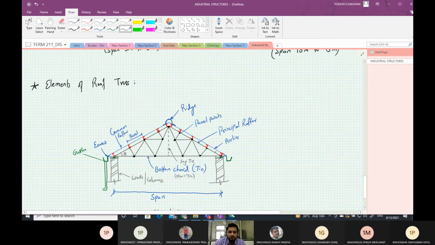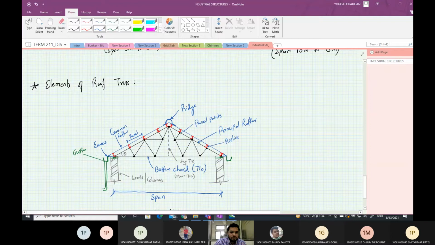Then these are the purlins. This is the purlin. Then this is the eave point.